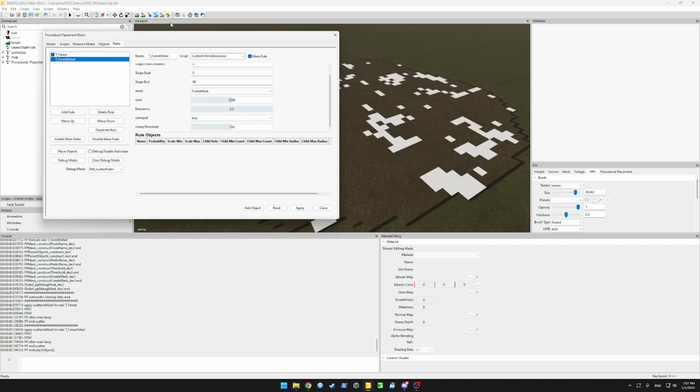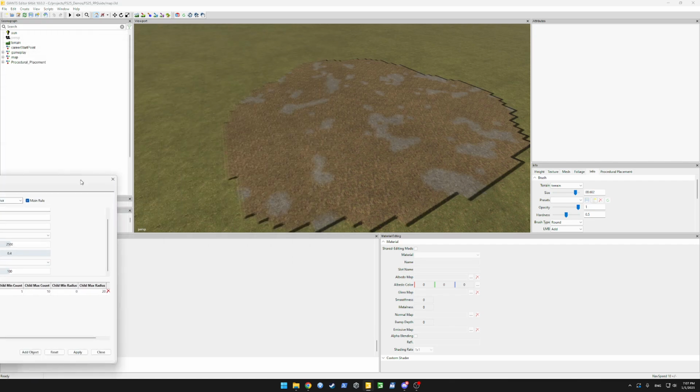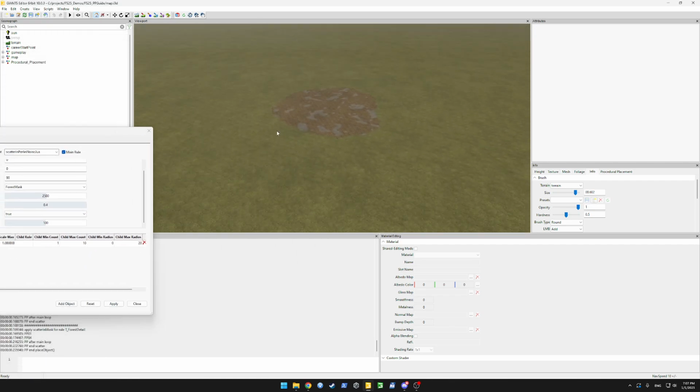Our mask is perfectly fine, but I see we didn't add an object. So let's add our gravel again. Now it's taking the input, so everything seems fine. Press apply, we can place our objects. Wait for a second. We can also clear our debug masks. We can remove this, and now we see we filled in the textures. But we have more